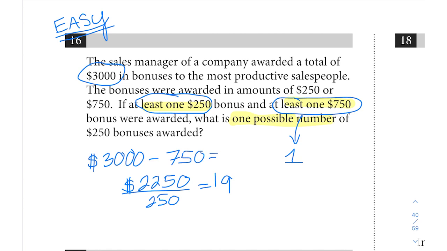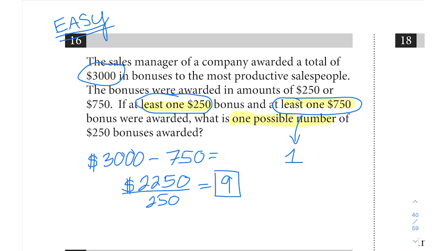This actually goes in evenly. The math on that works out, and we can pick our correct answer choice of 9 $250 bonuses. So remember, if you're dealing with a scenario where you only have a few possibilities, then rather than coming up with an equation algebraically, you can just start at the bottom and test them out